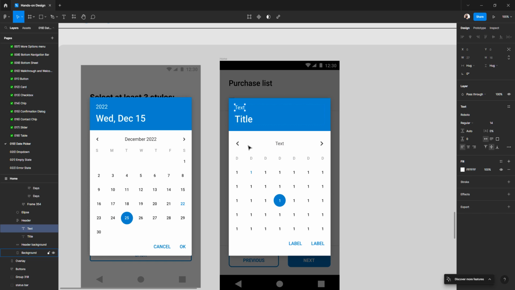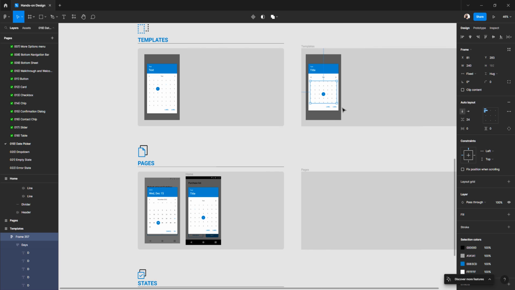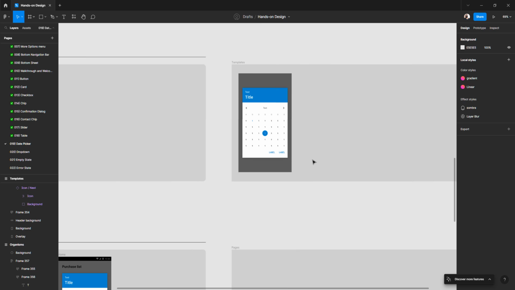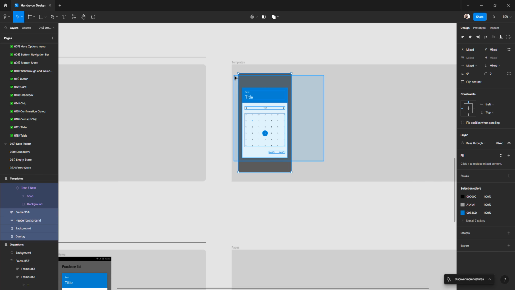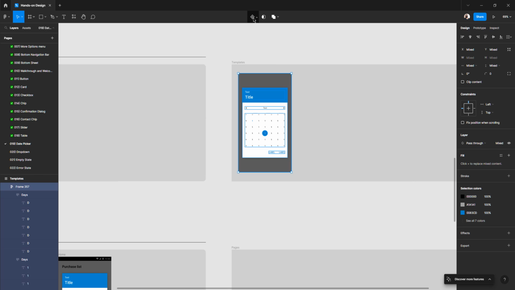Yes, from this point we could have a component if we want. Yes, it's possible. We just need to select it here, all elements, right? And then we create, open here, create component,